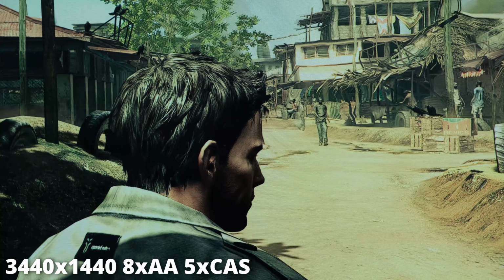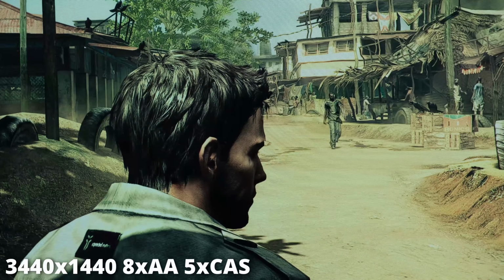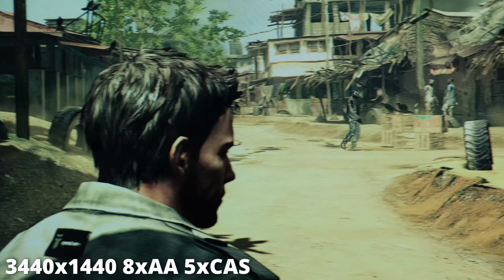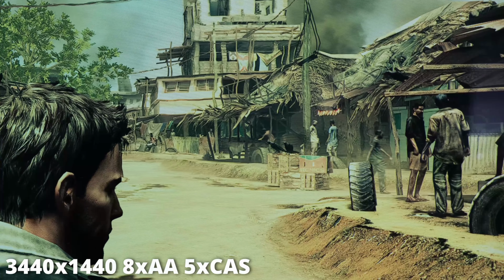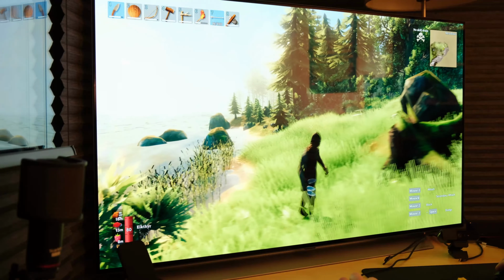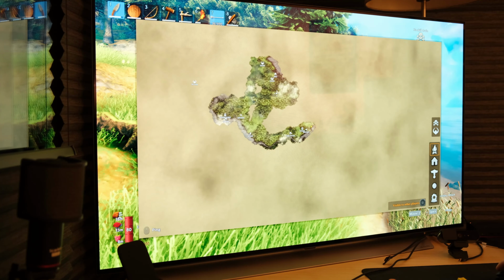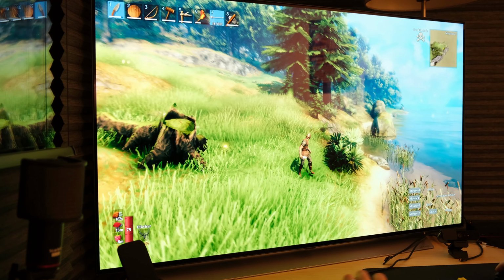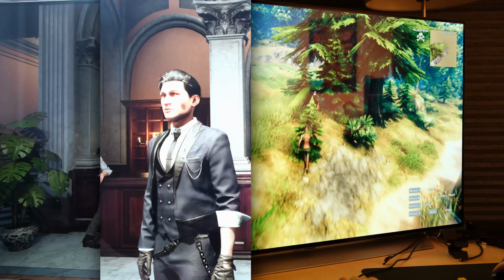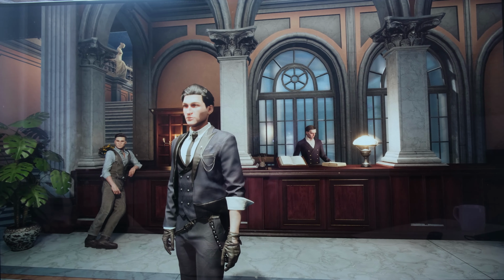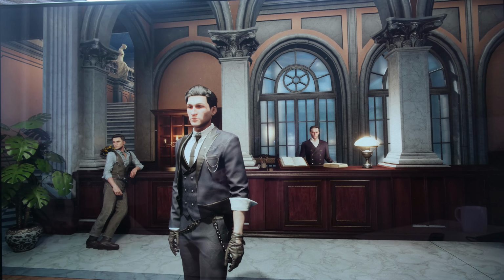So in most cases, the image quality which you can get with a scaled image can look very good indeed, given that you put in some thought and effort on your end. But I feel like not everyone is wishing to play older games on such displays, so I need to get in one more sample from a, let's say, more modern title before calling it a day, and I think Sherlock Holmes Chapter 1 would be a pretty suitable candidate, as that one tends to be a bit blurry when scaling